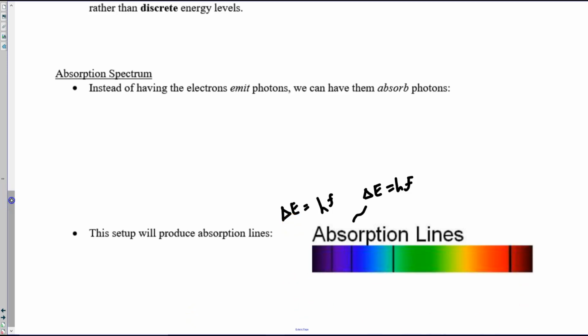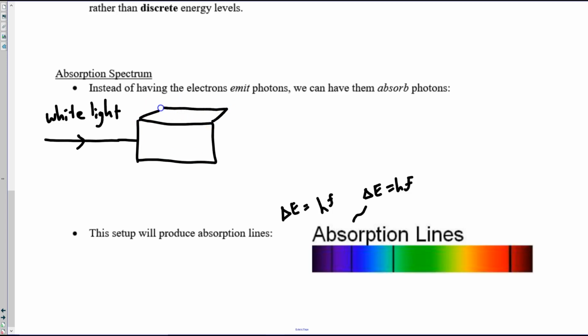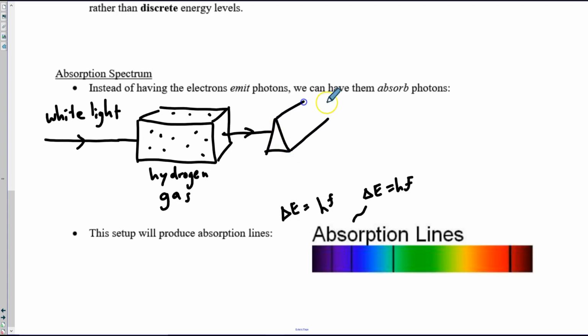Okay. How do we concisely put this down? Well, you've got white light sent through some hydrogen gas, or any gas that you want to test. We'll call it hydrogen. That's the typical example that we use. The light emerges. Some colors are missing, but to tell which ones are missing, we send that light through a prism. So the colors come out the other side. Some colors are missing